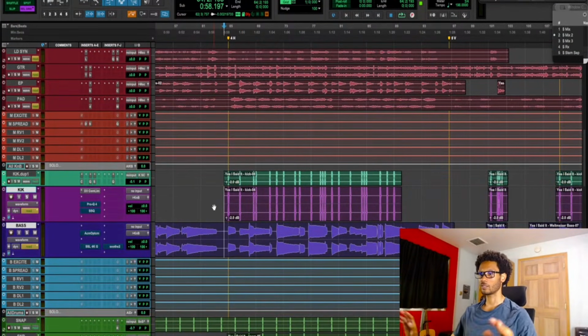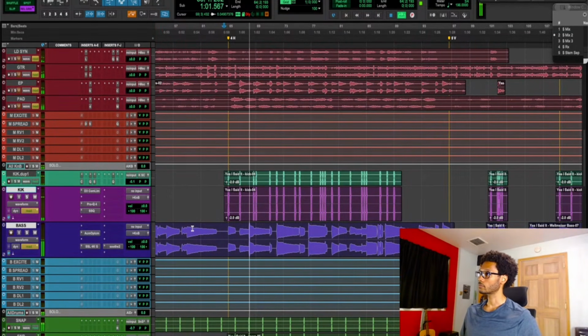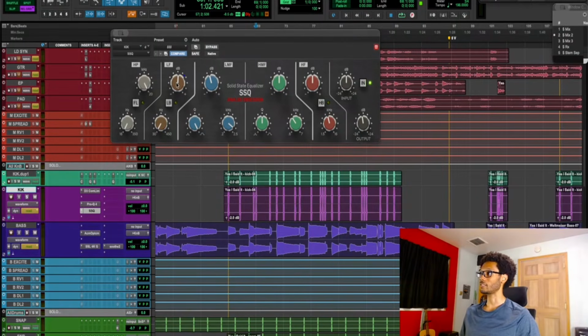If we bypass this, we just listen to the kick and the bass. It's not bad. I think maybe the bass could use a little bit more low end, but the kick isn't terrible. But we just bring all of these back and just a subtle lift. Especially on this note right here, we can really feel that sub happen. We're just boosting just a smidge of like 30.